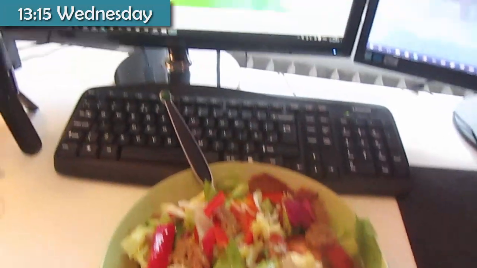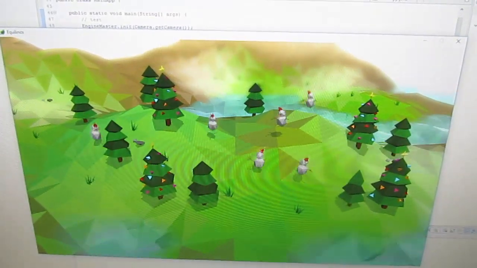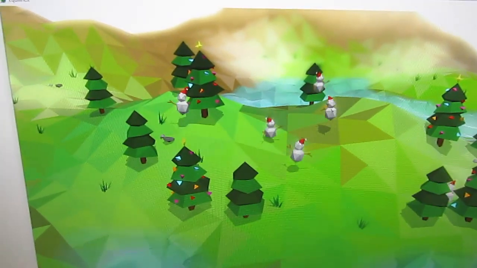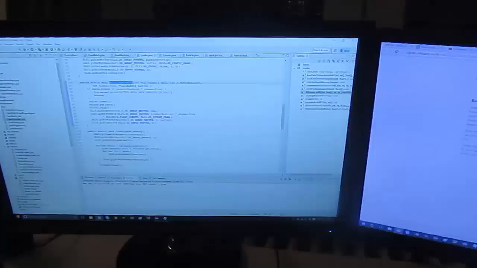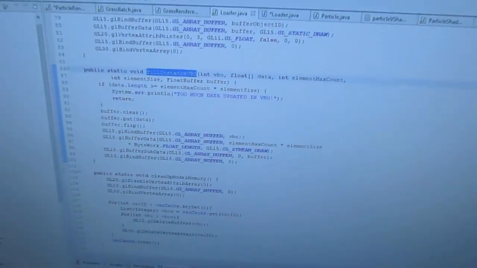Just stopping for some lunch now, and this morning, as you can see, I've been making the game look a little bit more Christmassy for the devlog on Friday, and I've been adding some snowmen and Christmas trees into the game. This afternoon I'm just working on next week's tutorial, which is going to be about instanced rendering, and